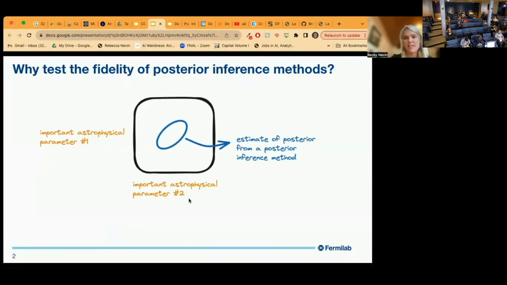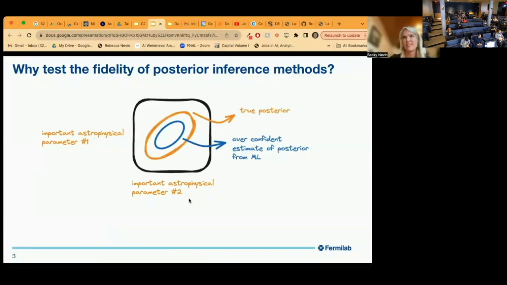Well, in most scientific cases, you won't actually be able to look at the true posterior. But in cases where you can make this comparison, such as this project that I'm working on now, you may find that your method is either over or underconfident. And this is important scientifically because in this case, if your method is overconfident, it means you are excluding probable regions